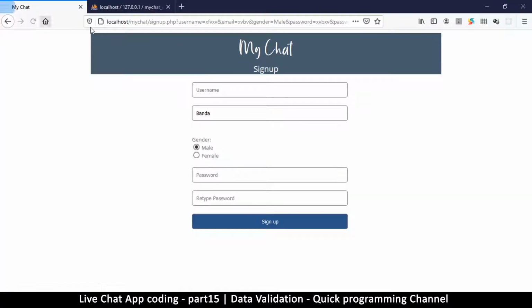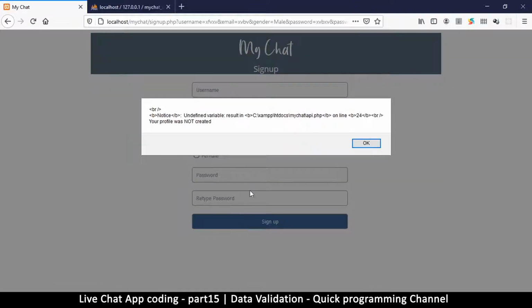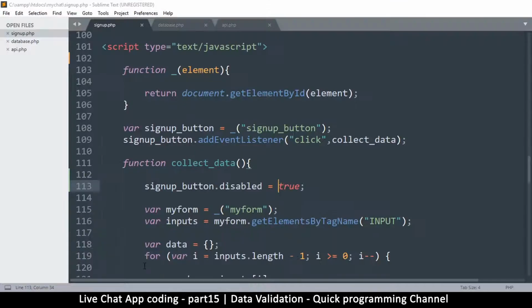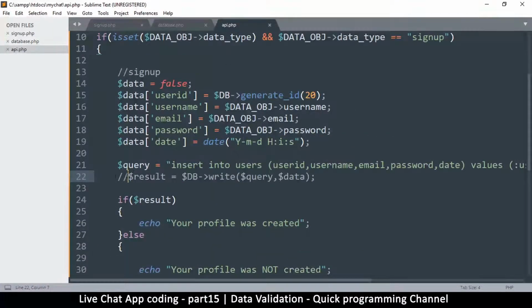So let me try that. Let me click. While clicking here, a profile will be created every time. So go to your api.php page and make sure this is disabled. You add 2 slashes here on result so that the writing of the DB is disabled. Once we are done with that,